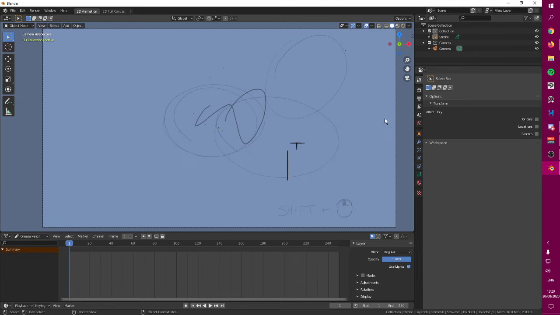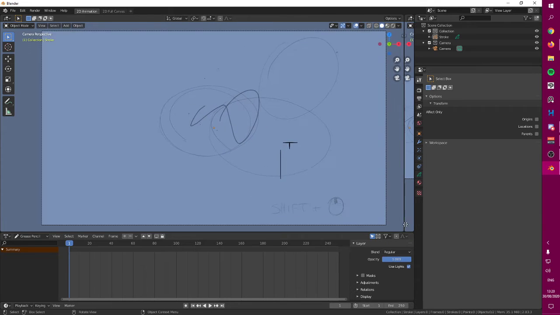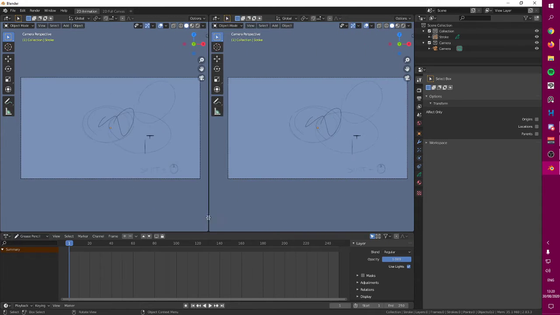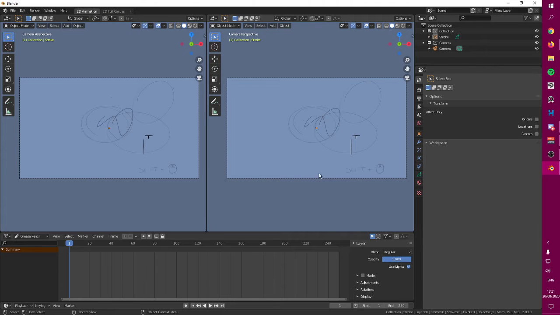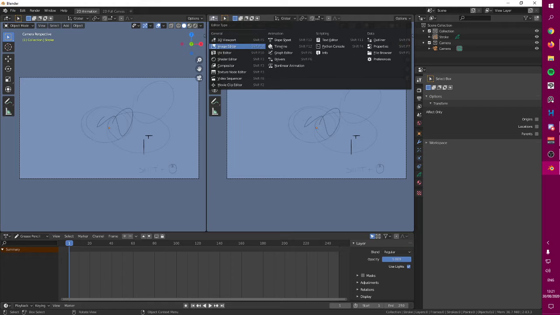By the way, what I did there to add a new panel was to go to this corner and drag this to the side, and this created a different panel. This panel can be different things, like it can be one of these. You just have to go in here and check whatever you want to use from here.